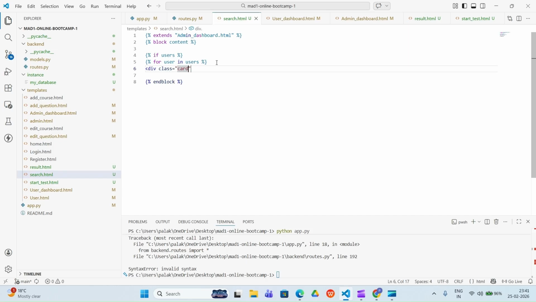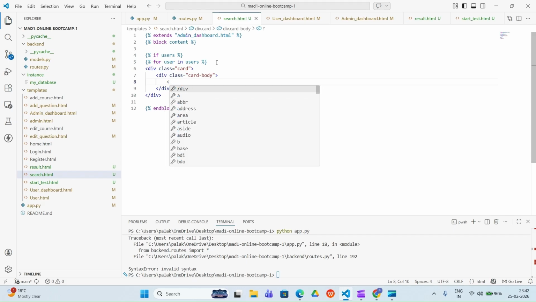So we can just write here div class card, and then after we can come here again, and here we need to just give div class equals to card body. And then after you can just close this div also, and under this div you can just give the title. So you can write this title into a heading also. Let me give here heading 5, and also you can give class card title, and after that you can give the particular email id here in the card title.